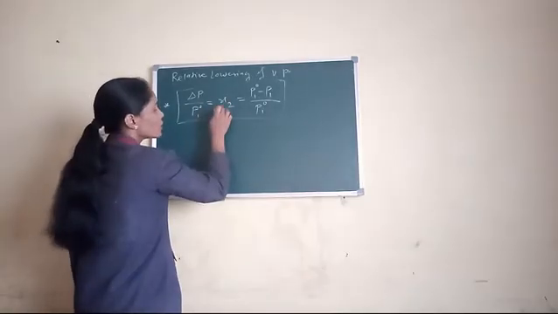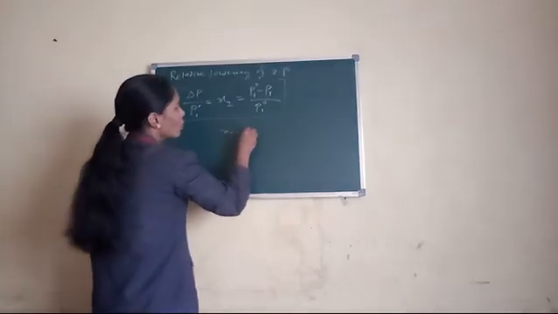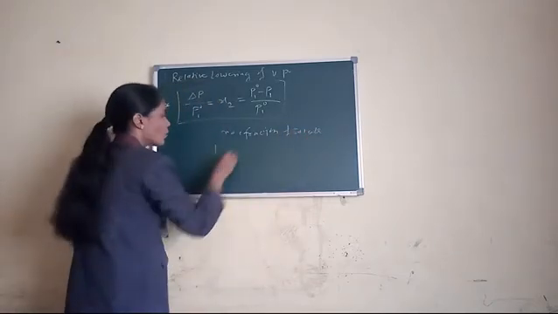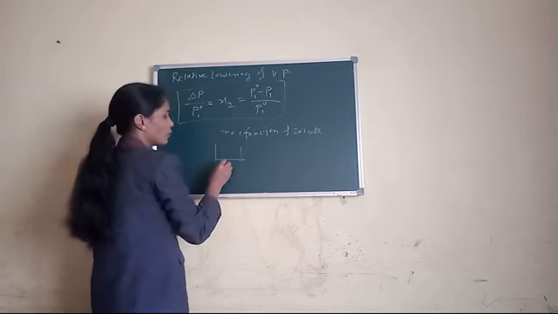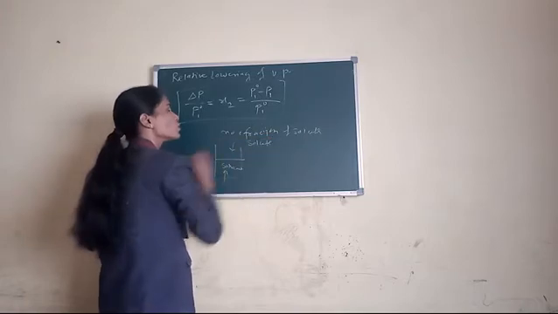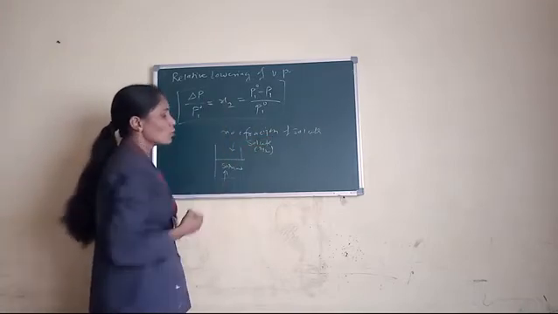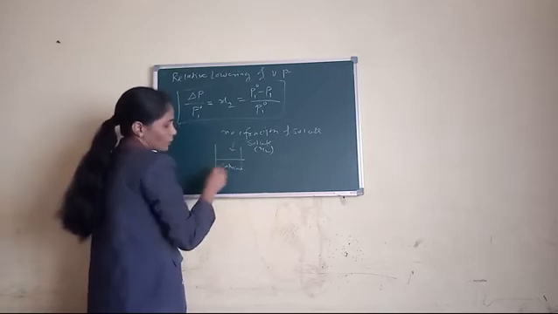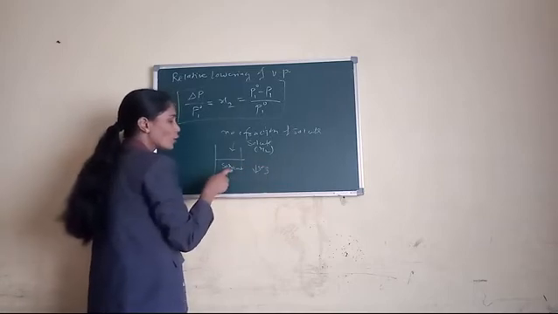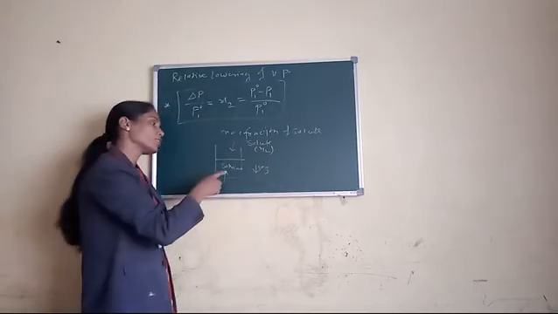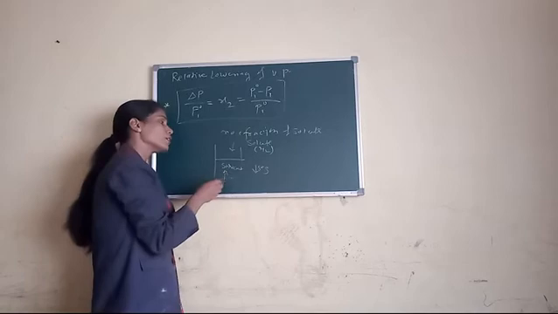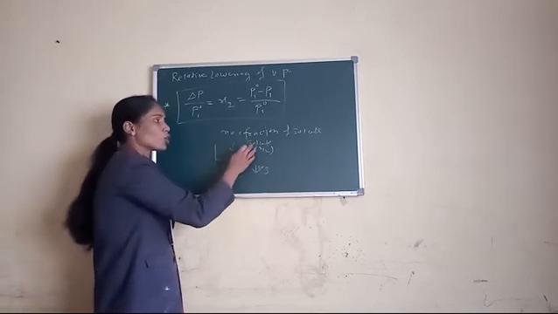X2 is the mole fraction of solute. When we have pure solvent and add solute, that is the mole fraction of solute, to the solvent, the vapor pressure of the pure solvent decreases. Pure solvent evaporates easily, so its vapor pressure is higher. When solute is added to the solvent, its volatility decreases because this is a